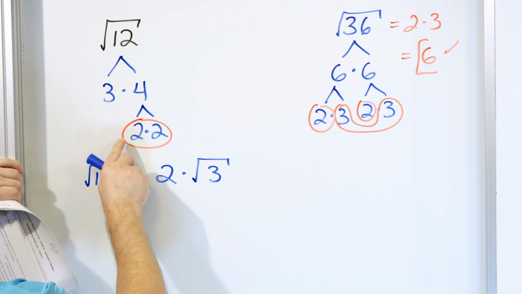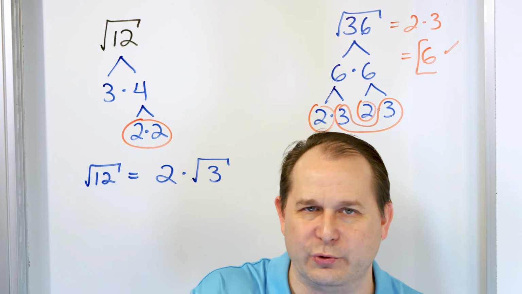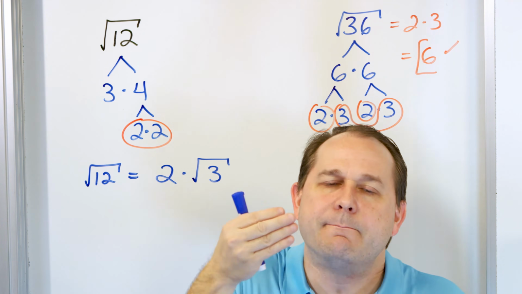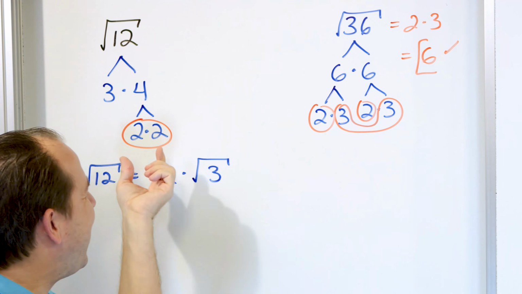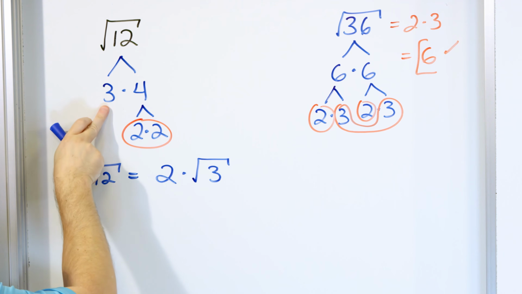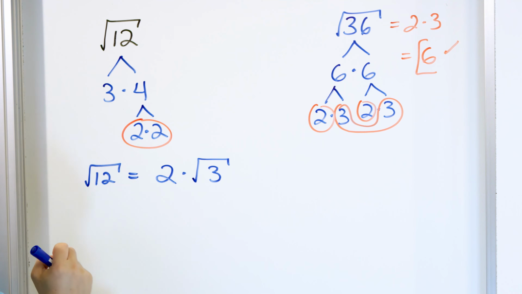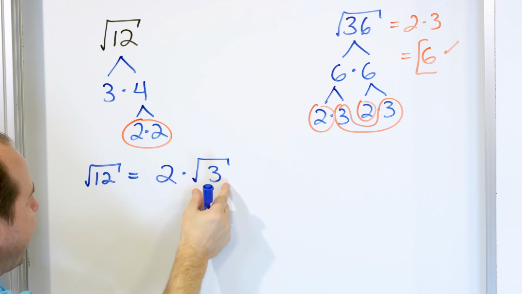radical. But when we identify a pair, remember, we're looking for square root. We're looking for numbers that multiply times themselves to give us what we're looking for. So when we find a pair of 2s, we're only pulling out once, and it comes out of the radical. But the stuff that's left behind is still under that radical. It doesn't go away. It's still under there, so that's why we have to write it as remaining under the